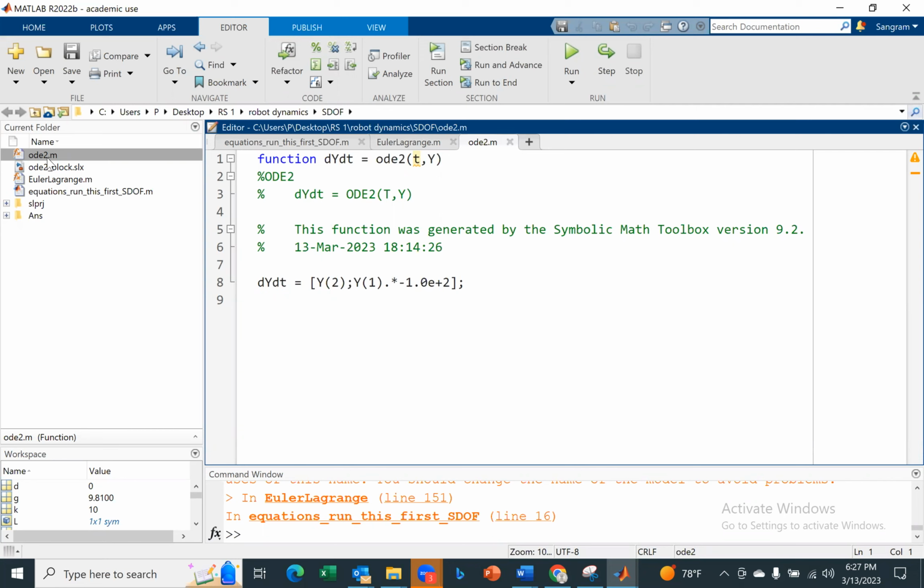Do you agree with me? Now what I'm going to do is write this differential equation as dx by dt is equal to